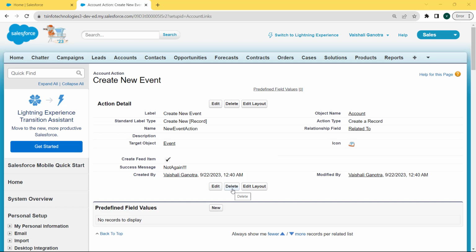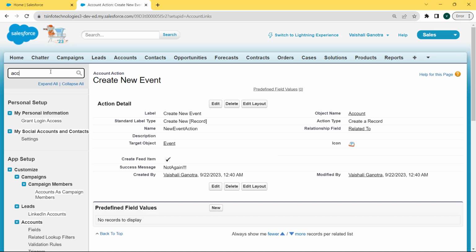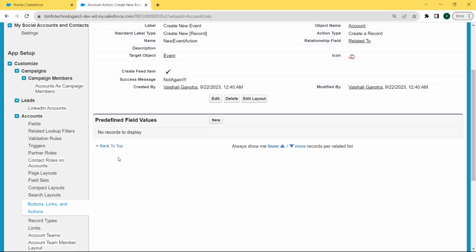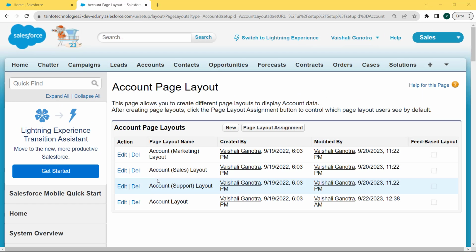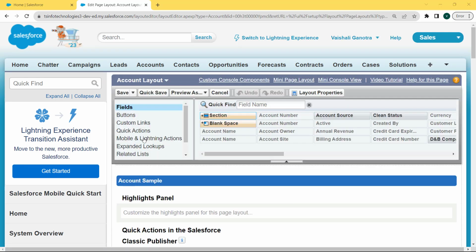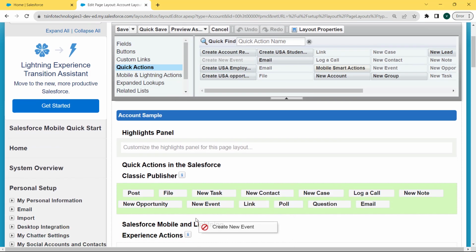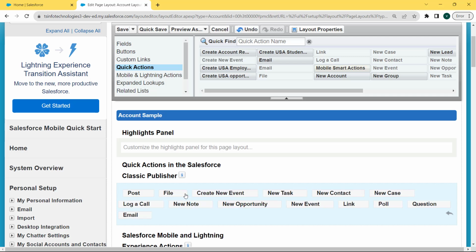Now it should be available on the account page layout. So again enter account in the quick find box and scroll to the bottom of the page. Under the account object you can see that there is a page layout. Click on this page layout, and after that click on the account layout. Click on the edit button. The page layout page is open. Now click on the quick actions, and here you can see the create new event. Drag this create new event and drop it to the quick actions in the Salesforce Classic Publisher